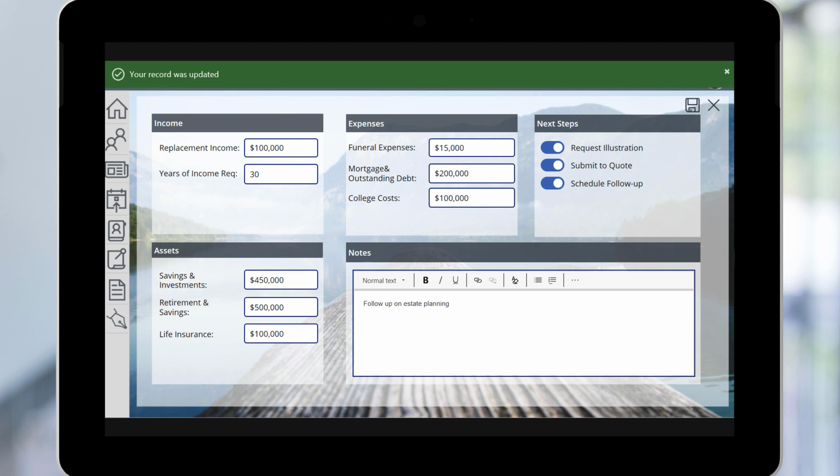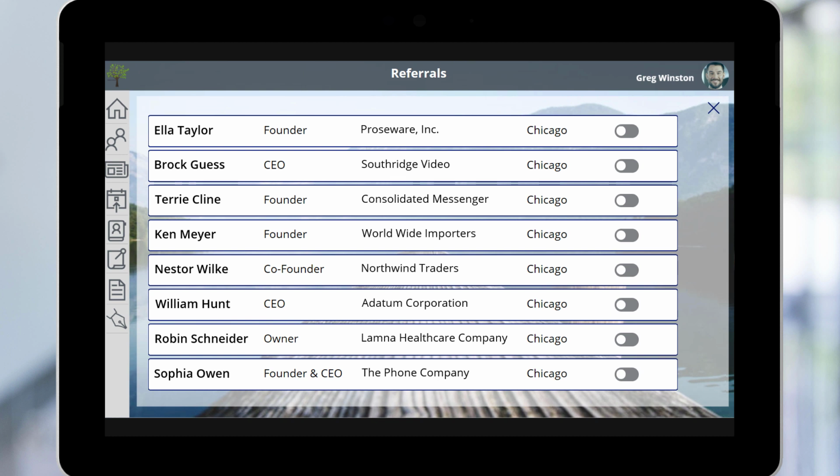Having gained Enrico's trust to share financial details with them, Greg takes the opportunity to request referrals using the list he generated from Enrico's LinkedIn connections. Enrico indicates which connections he's comfortable referring, and Greg marks those for immediate follow-up, helping him focus his efforts and